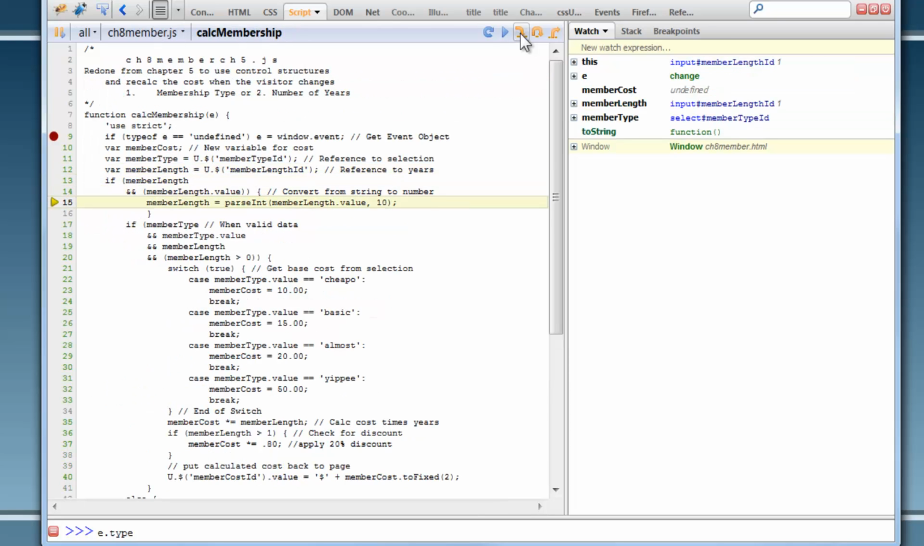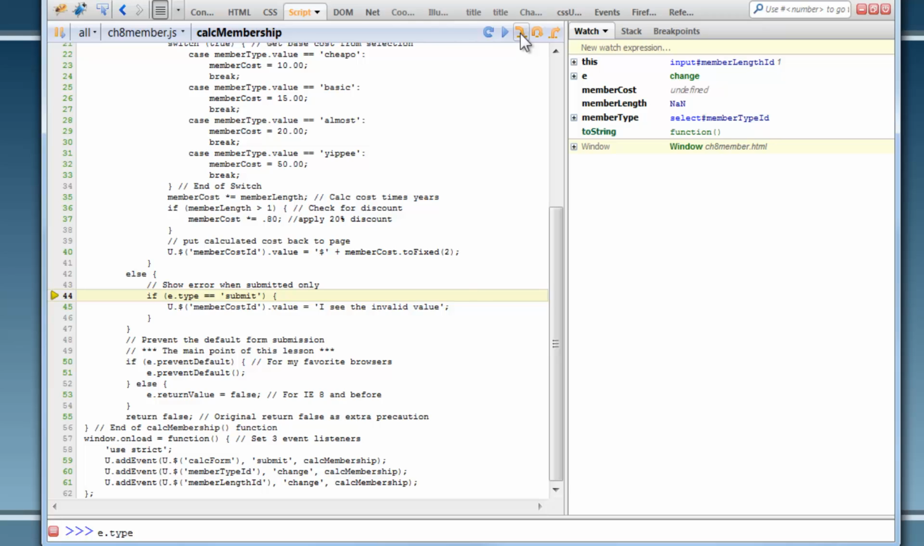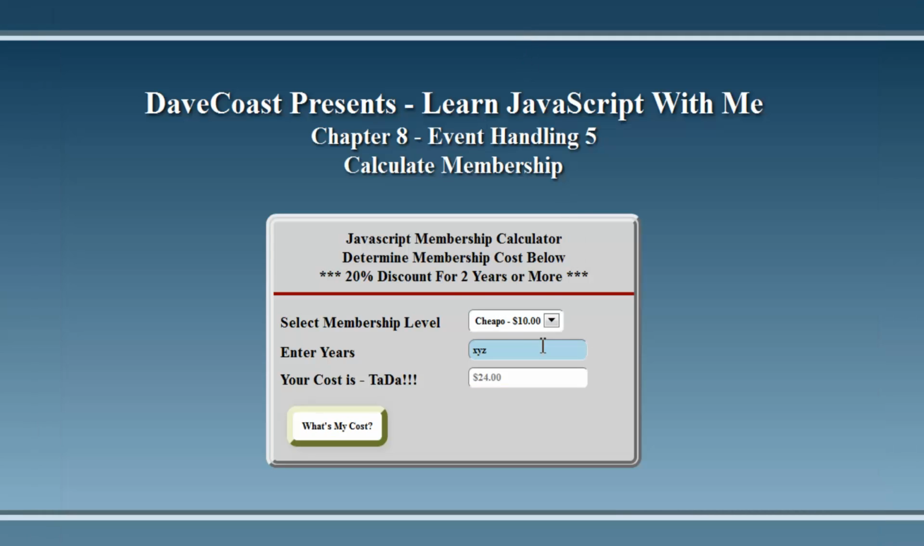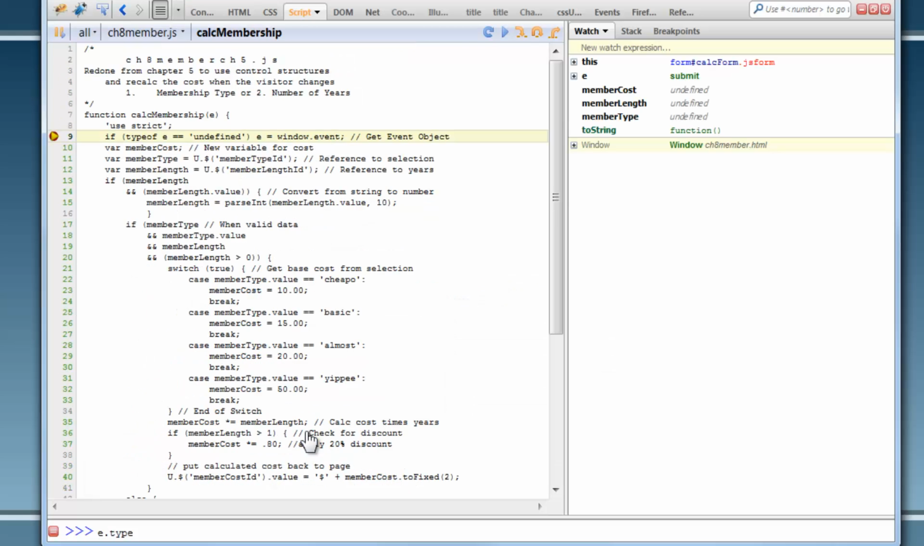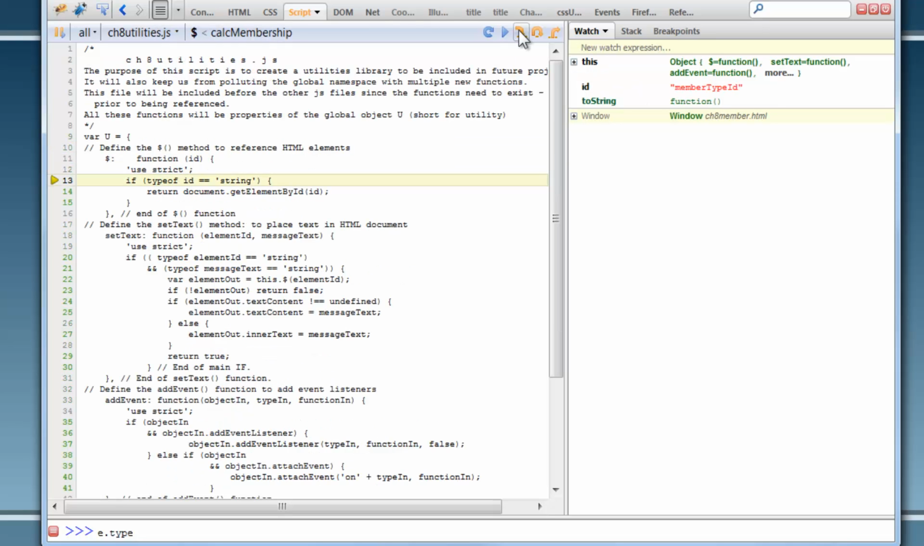I guess I could have set a breakpoint down there and got down to it quicker, but see, so now it's checking this equal to submit. It's not going to put the error message out. And it returns, and now we're back, but it didn't do anything. But now if I click the submit button, it's basically the same, the only difference is this e is submit and not change. So let's bop on through